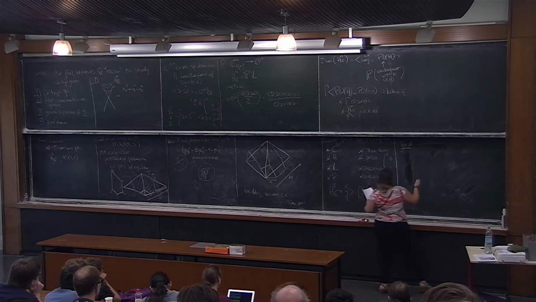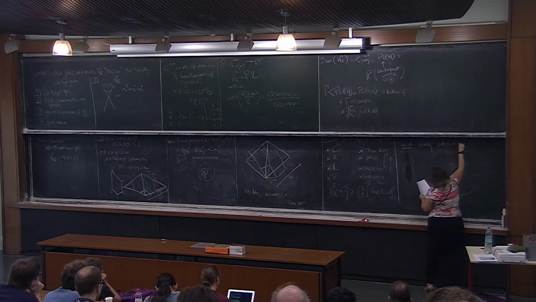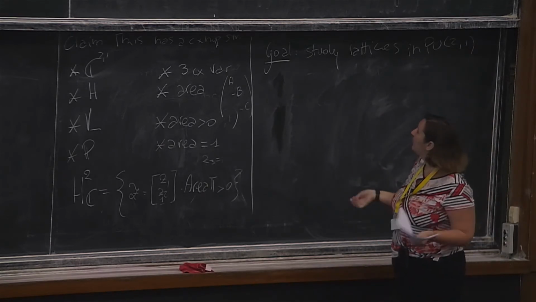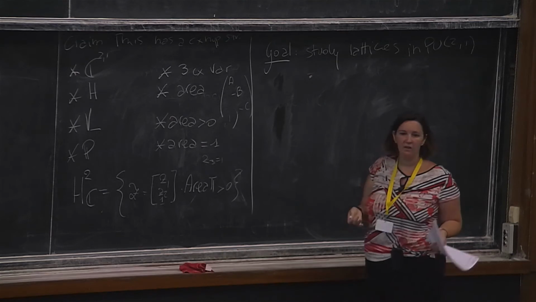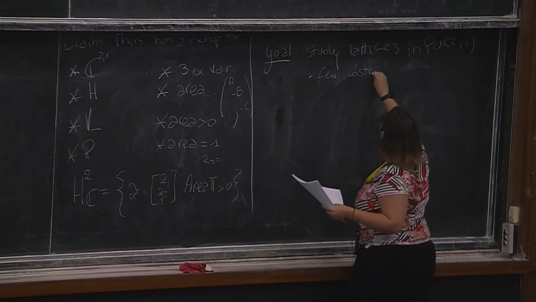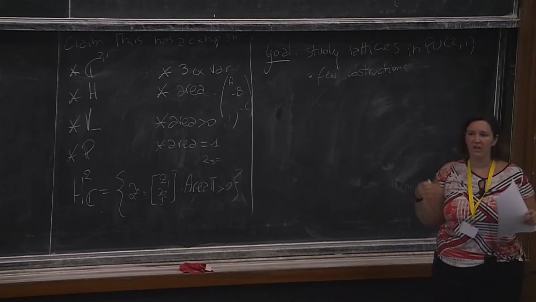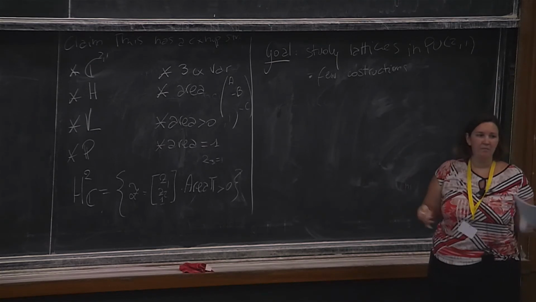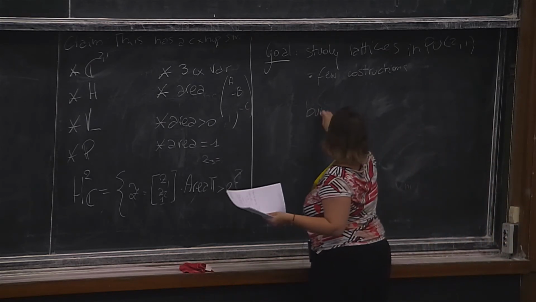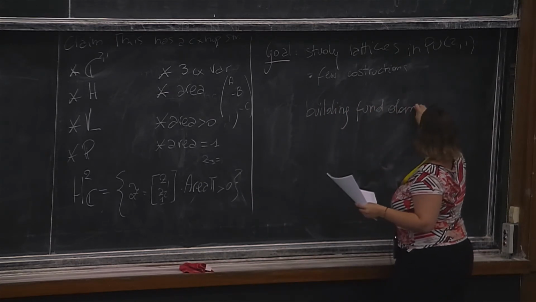So the goal now is to study lattices in PU(2,1). And this is kind of hard, and I want to give you an idea of why this is hard. So in general, it's interesting because we have relatively few constructions. In particular, few constructions that don't come from number theory, so that they're not immediately obviously arithmetic. And one of the reasons for this is that building fundamental domains is hard